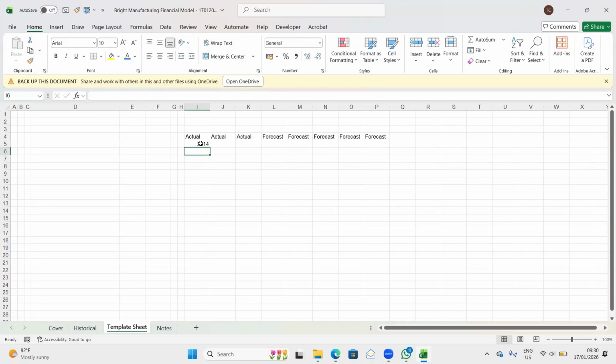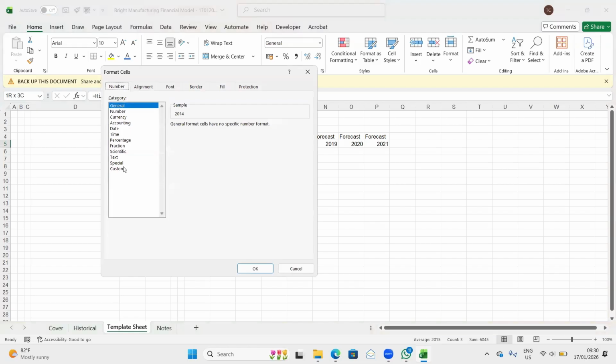So you remember here we have our 2014. You select to the right and press Control R, right? That is your actual figures, right? Then for the forecast, you just press this +1, right? So that's 2017 to 2021, Control R. Right, so what we'll do here is, remember this one is actual, so we are going to customize the number. Press Control 1, go to custom,